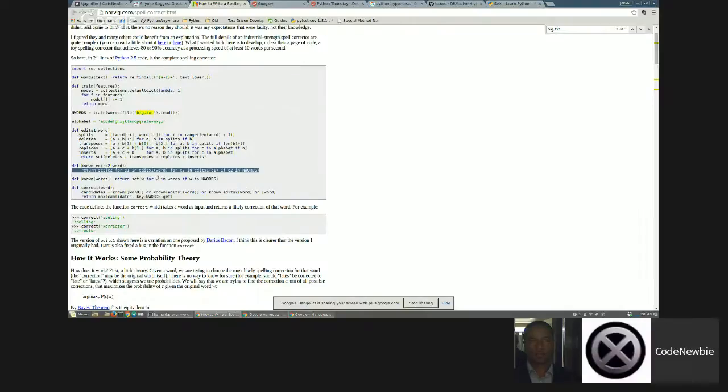So it runs through this edits twice, and it's only going to be included if it was learned in these huge text files that it read, and then it will return a list of all of the items. So basically what it's returning is known edits. It's returning all of the words that it could possibly be. And then known